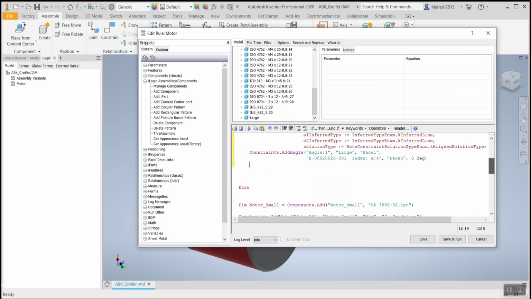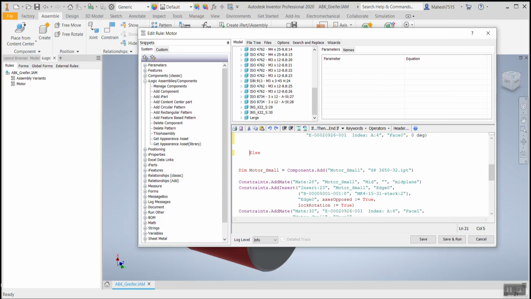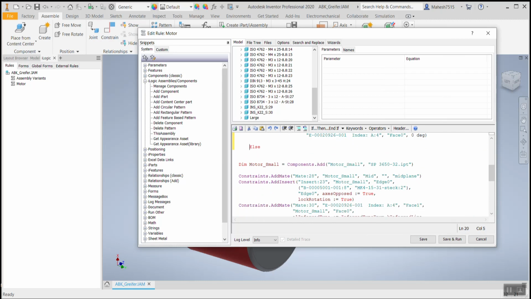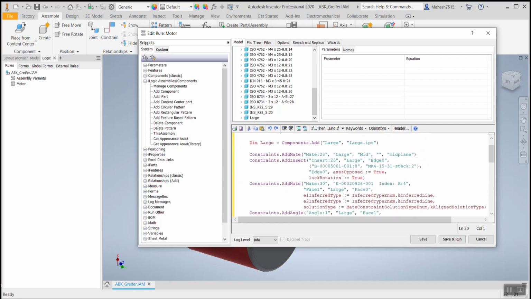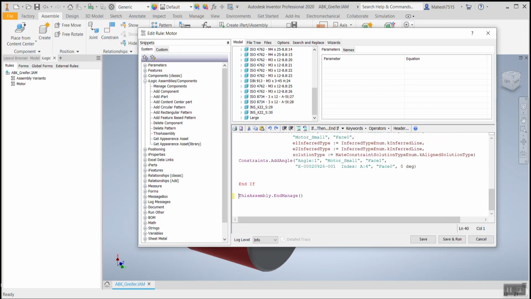We'll make it tidy. Whatever programs you write, once after completing it, make it tidy so that if you are seeing it after 6 months or 2 months, you'll be able to identify for which purpose you created it. So we'll bring this else here and make sure that there are no extra spaces. And this end manage also we'll bring very close. Once you are okay with this, save and run the program.